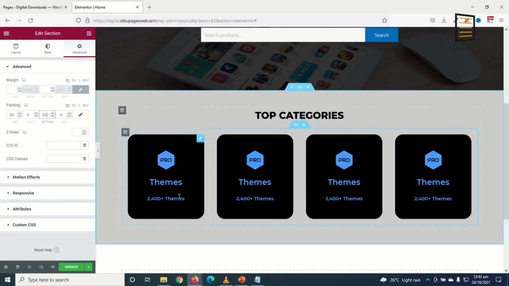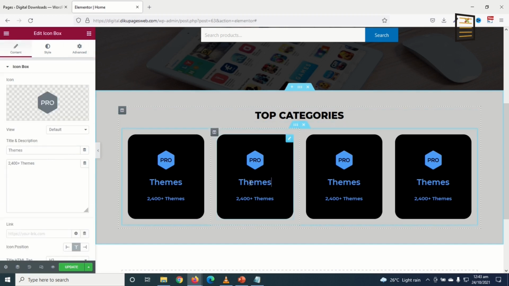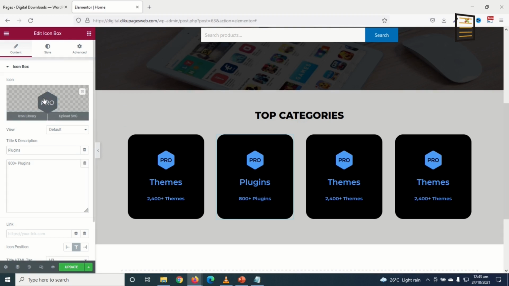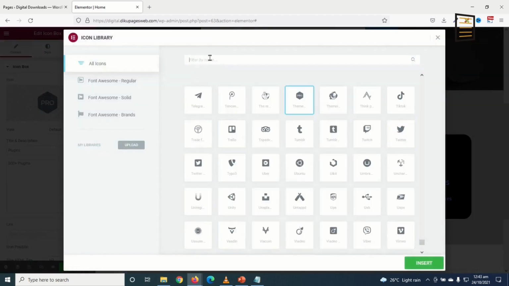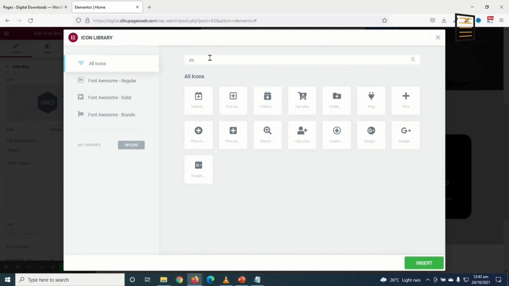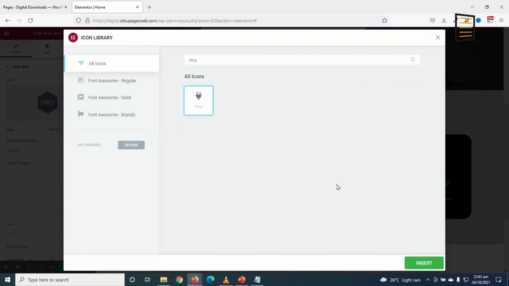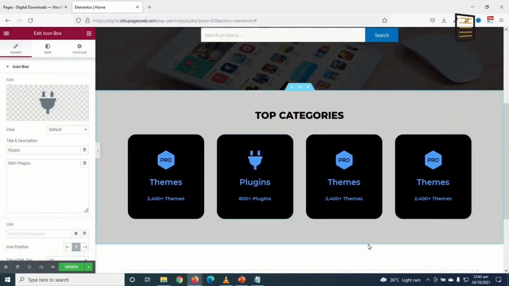So I have themes. Take note, I'm featuring my top categories. So this one I'll call it plugins, and I don't have this much of plugins. Maybe I have 800 plus plugins, and I'll go ahead and change the icon. So I search for something related to plugin or close, maybe plug like this. I insert. Awesome. The last thing I want to do on this category is go ahead and link them up